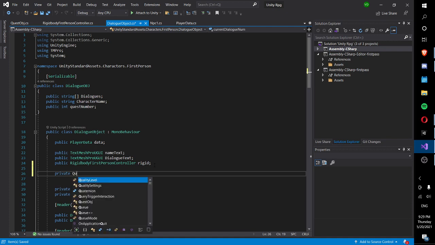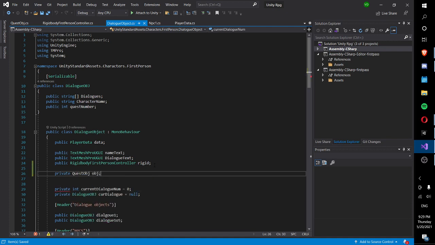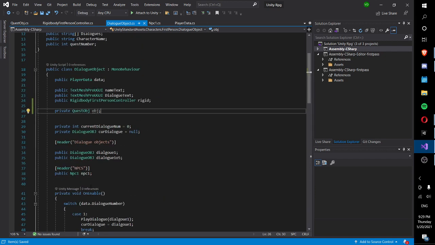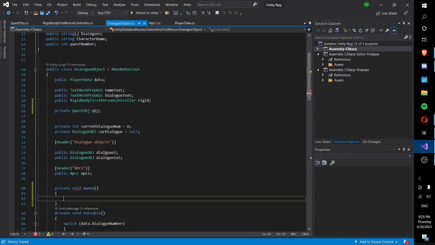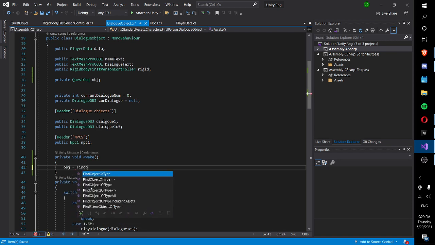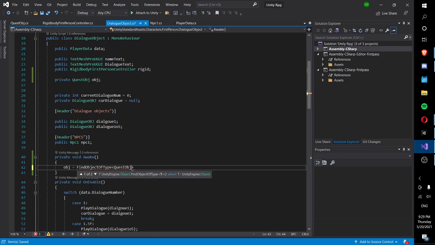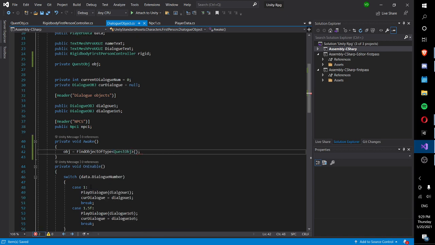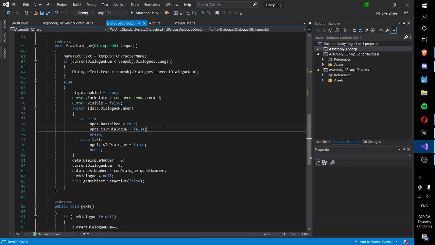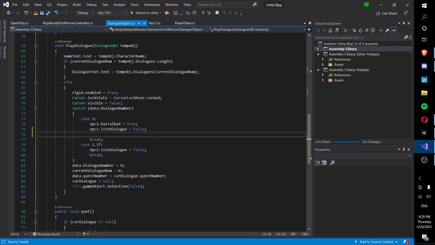So private quest obj, and on void on enable, or on void awake actually, void awake. So when the game starts, basically, we're just going to say quest obj, or obj is going to be find object of type quest obj. So basically, this just finds a reference for quest obj in the game and attaches itself to our script. And now over here, in the case of 1, we're just going to say quest obj dot